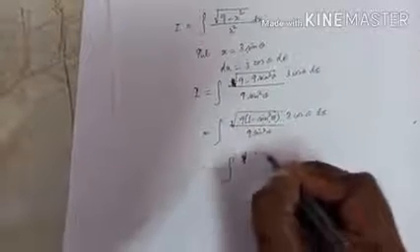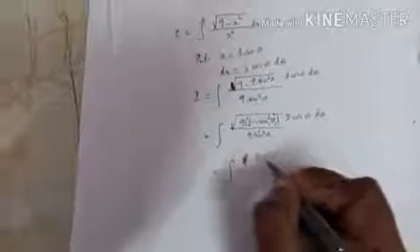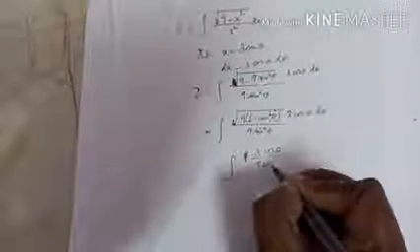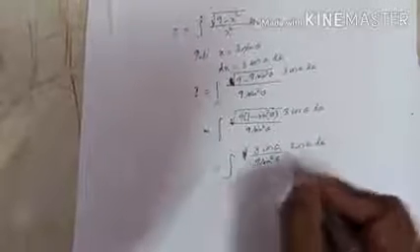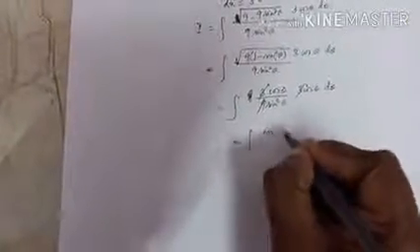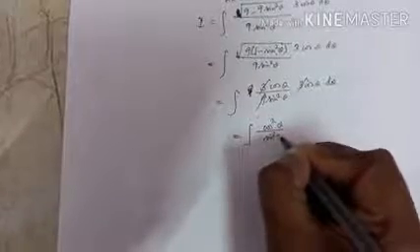When you take square root of 9 cos square theta, it is 3 cos theta by 9 sin square theta into 3 cos theta d theta. 3 into 3 and 9 get cancelled. So we have integral cos square theta by sin square theta d theta. Don't write cos square theta by sin square theta as cot square theta, because there is no formula for integral cot square theta d theta. There is no formula, okay? So we have to go for some method.